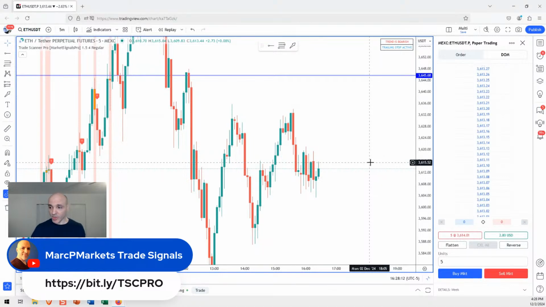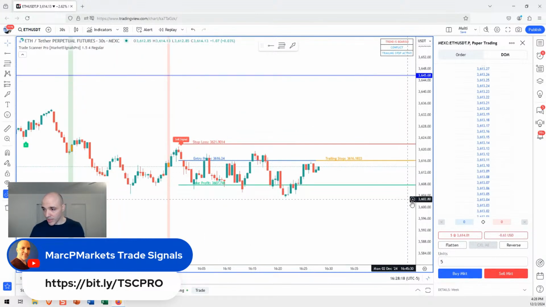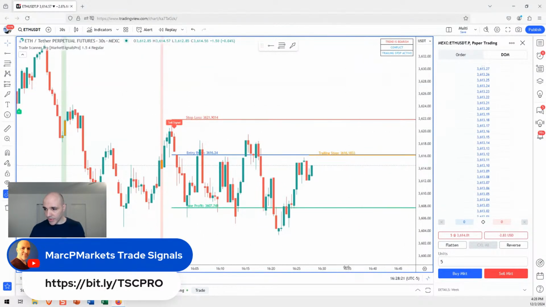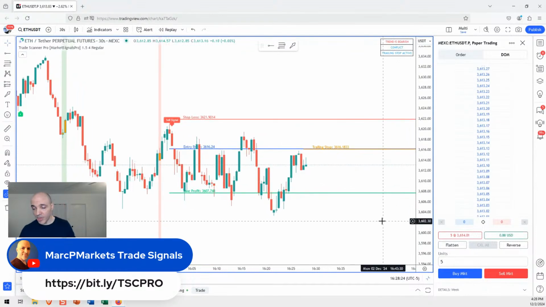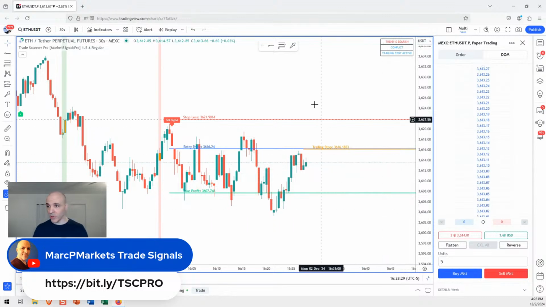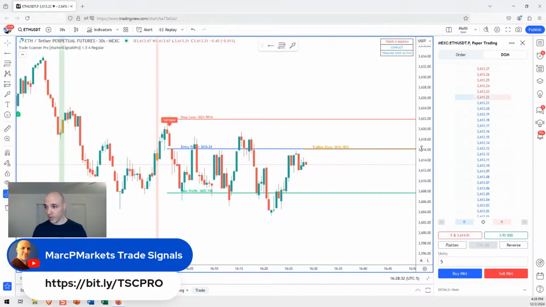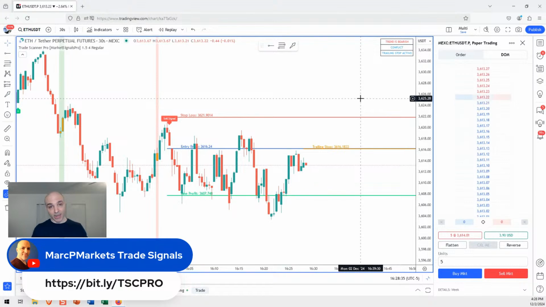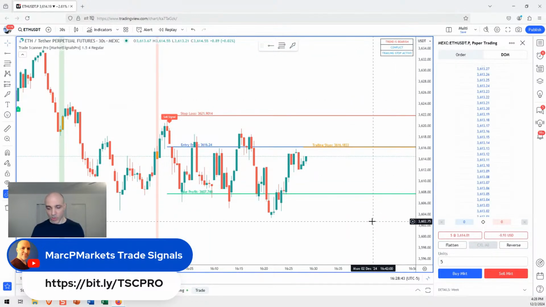So, when you're using the Trade Scanner Pro, the great thing is you don't sit there and guess, like, well, maybe this, maybe that. You let the thing tell you what to do. So if I want to go for longs, I would have to switch on this 30-second chart to counter trend mode, because right now the trend here is bearish. I'd have to switch to bullish, or counter trend mode. So in bearish mode, I get bullish trades, and then I could look for longs. That's how I would have to do that right now. But I'm not going to do that. Also, like I said, we're going to change that functionality so that you don't have to do that, because that is confusing, especially for a beginner.